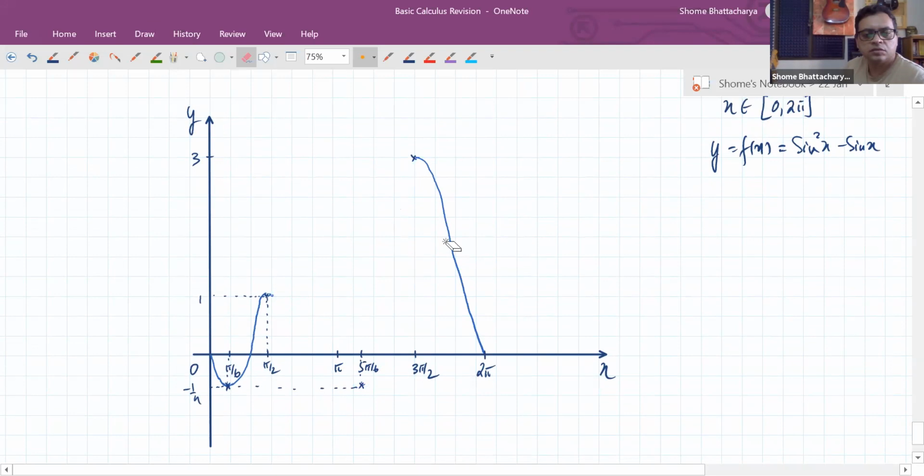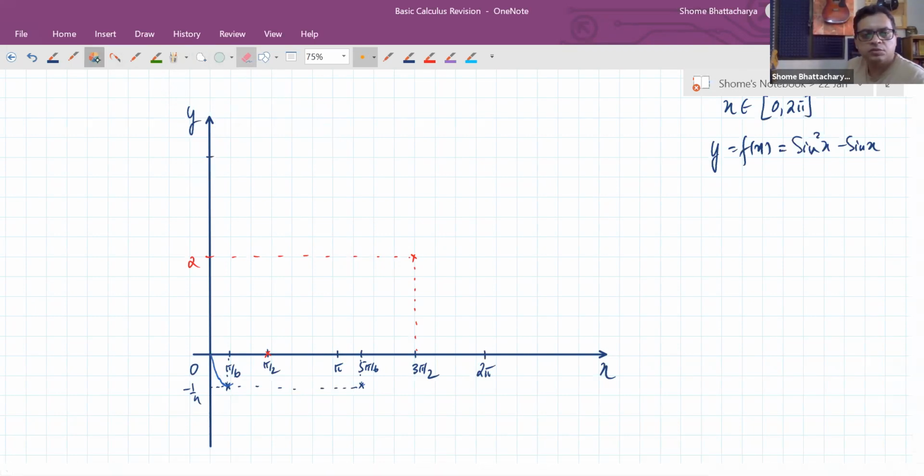So coming back to that here, you just make a bit of a change to the graph. So it will have a local maxima of 0 at pi by 2. And again, it will have a local maxima of 2, okay, plus 2. So that's this value here, at the point 3 pi by 2. So these are the local maximas, these 2 points. This point is not going to be significant anymore. So anyway, coming back to the graph,